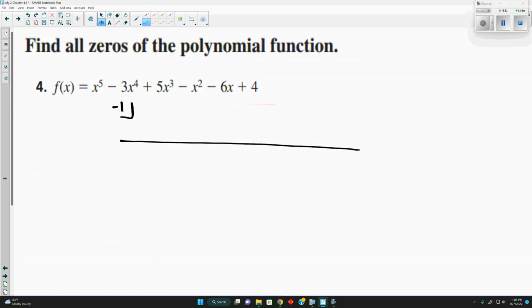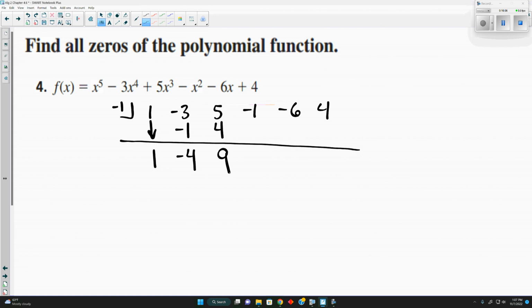So we can do -1 first, and then across the top we'd have 1, -3, 5, -1, -6, and 4. And we can do our synthetic division again. -1 times 1 is -1. -3 plus -1 is -4. -1 times -4 is 4. 5 plus 4 is